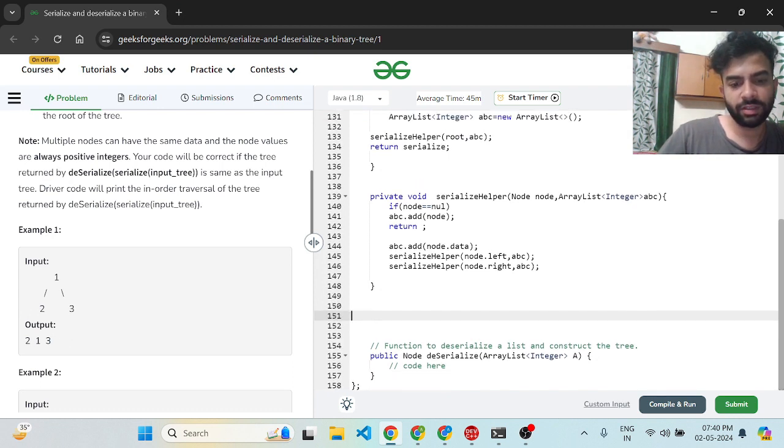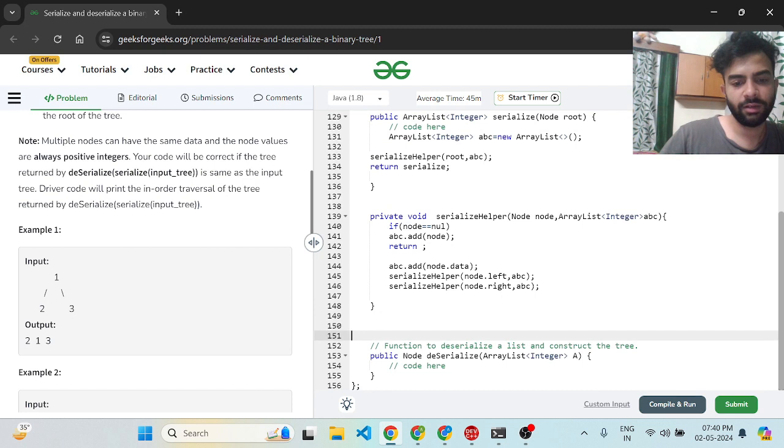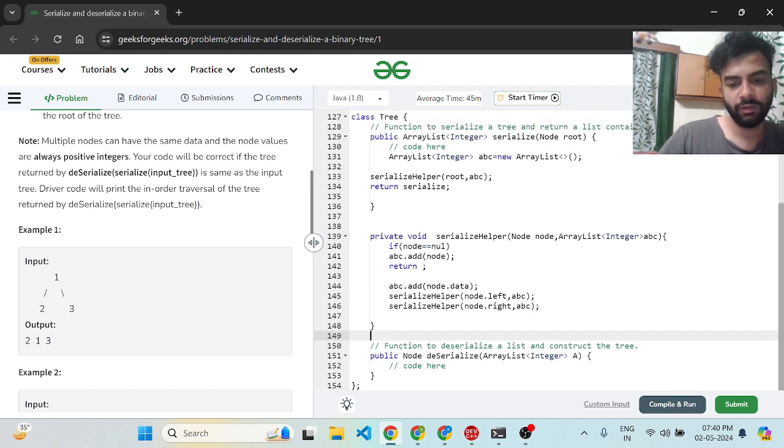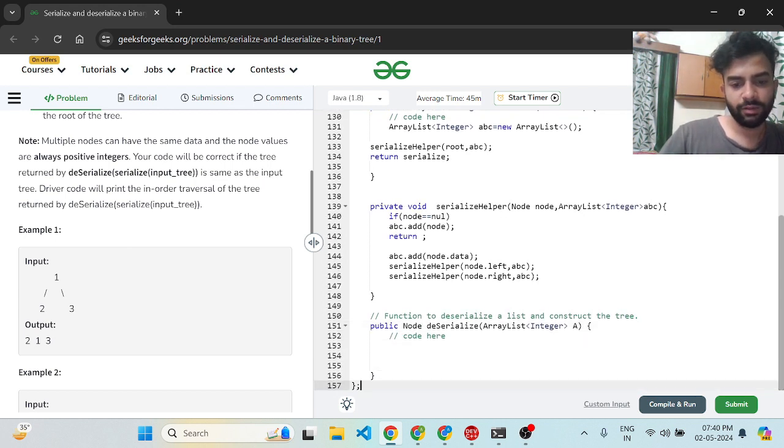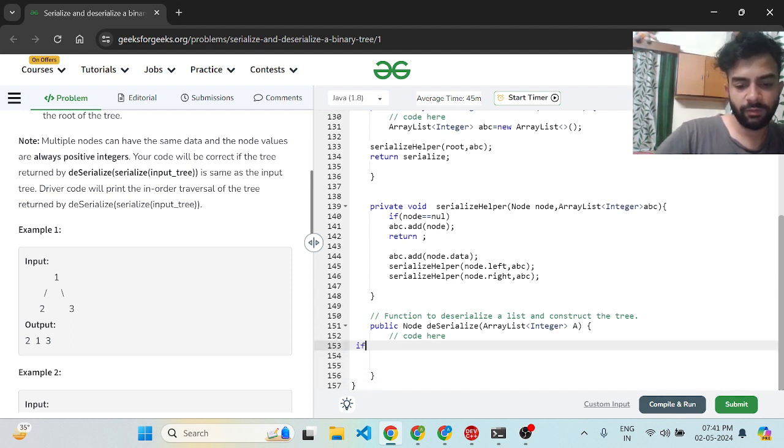So you can see there is a deserialize already given over here. In deserialize, what I can do is check the null conditions, right? So let me remove this again. Yeah. So in the deserialize,